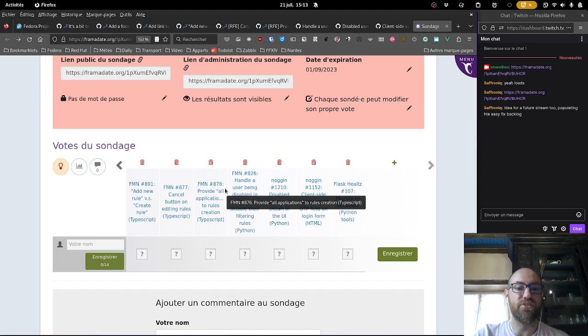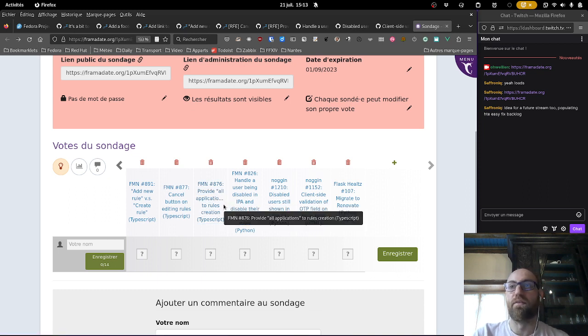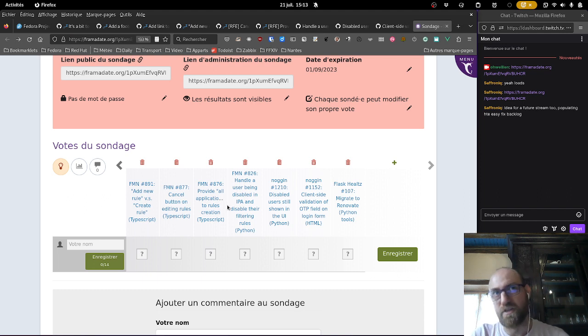It's not very obvious that when you select no applications, it's as if you were selecting all the applications. It's clear it's not stated anywhere, of course it confused people. So there is a ticket that says provide an all applications button to the list. It's not strictly necessary to do that, because selecting no applications means you're going to select all of applications. Actually, it means that you're going to disable this filter, but that's an implementation detail.